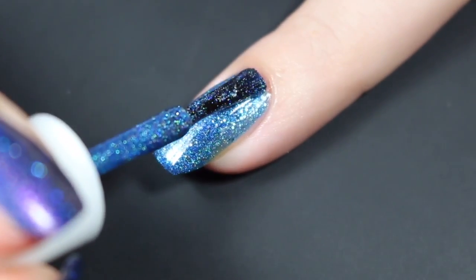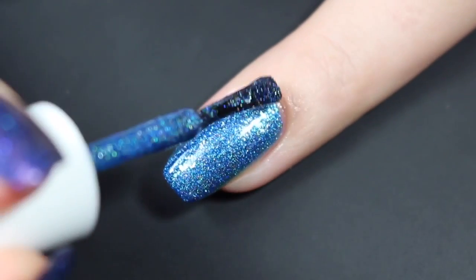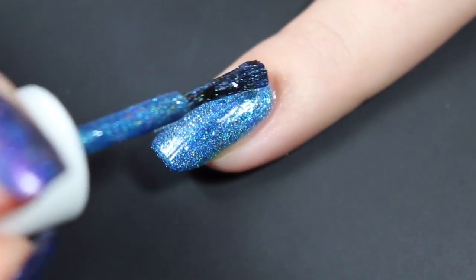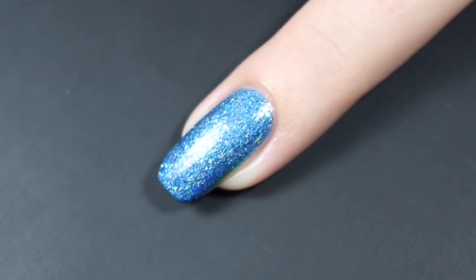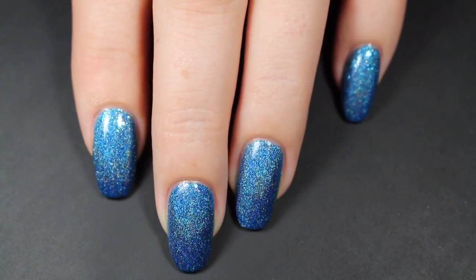I do recommend the second coat to help bump up that opacity and add even more of those gorgeous silver flakies, but for sure this is completely opaque in 2 easy coats. It's not gritty at all or anything like that. I know it has a lot of glitters and shimmer going on in there, but it was really smooth and really easy to apply. So here's a look at that completed mani at 2 coats before a glossy top coat